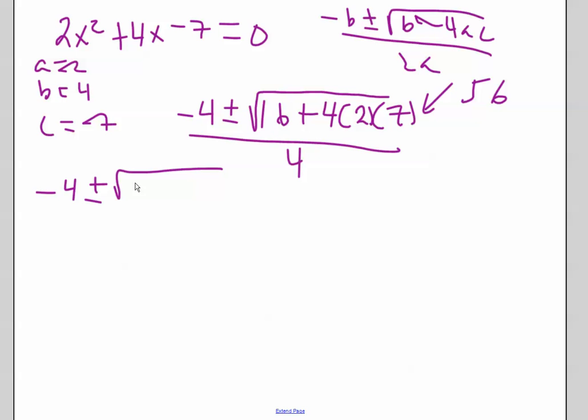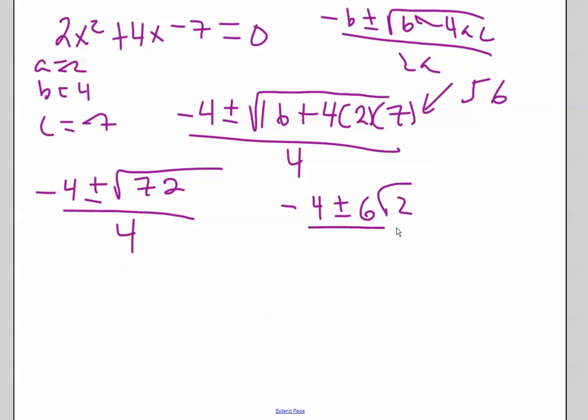16 plus 56 is 72, that makes it a very sweet radical. We got lucky. Actually, it's easier when it's prime. You just can't break it up by a perfect square. All right, so we know that 36 goes into this twice. We simplify our radicals in this class, and we simplify our fractions. I already see that we're going to have to simplify some fractions over here. So we got 36 times 2, so radical 36 is 6, so I have negative 4 plus or minus 6